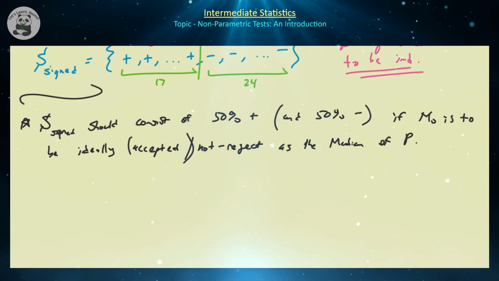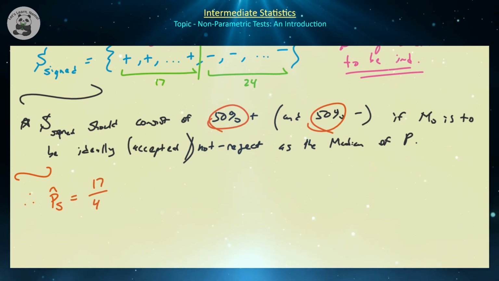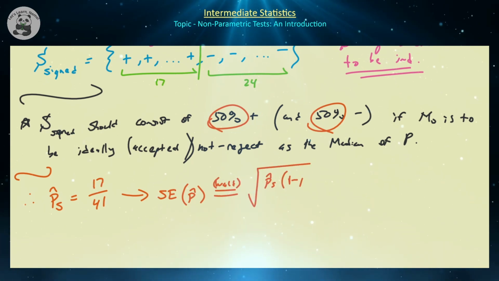So that's what we pretty much have in the ideal circumstance. What we have here now is just a hypothesis test on the proportion of pluses and the proportion of minuses in our particular sample. So we can do a proportion test, which we already know is non-parametric. The proportion of successes in our sample will just be equal to 17 over 41. And we can, of course, calculate the standard error associated to p hat, at least using a Wald approach, to be equal to the square root of p hat s times 1 minus p hat s, all divided by our sample size, which for our example is approximately